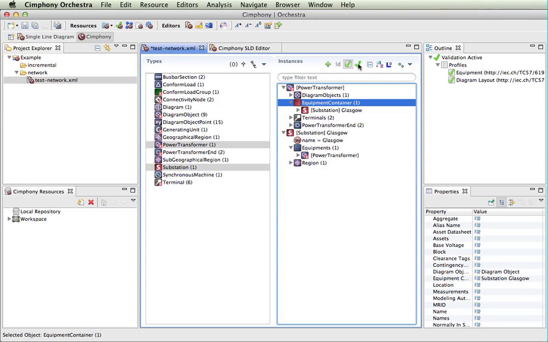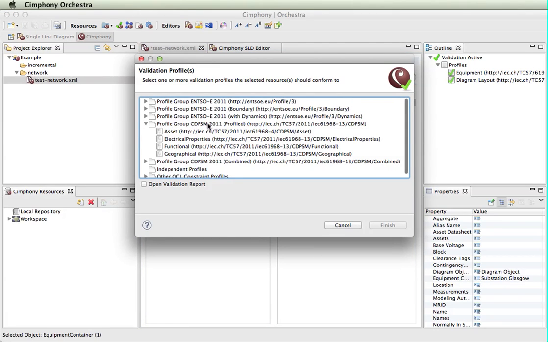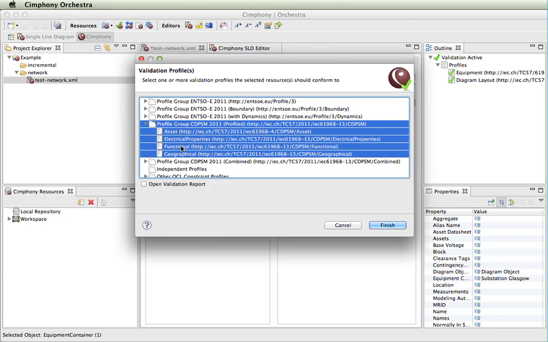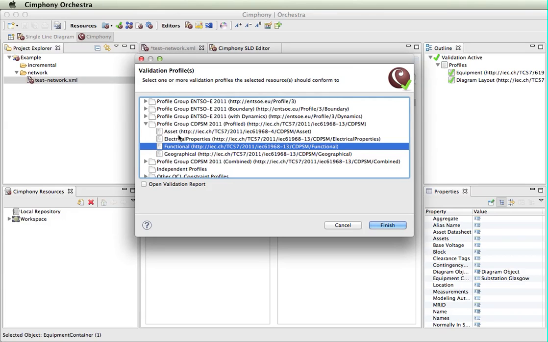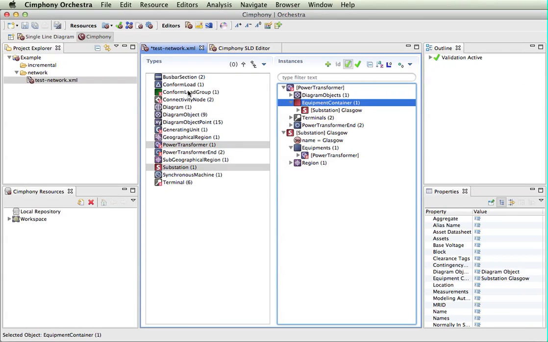We could decide to change the validation profile we're using, so we could decide we wish to validate it on the CIM distribution power system model, and we want to select its functional validation profile. We could select the entire group where all four will be used, but in this case the electrical properties as set in geographical are not relevant to what we're doing. We won't bother with a validation report this time when we click finish,